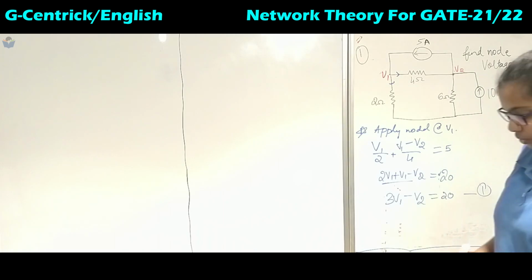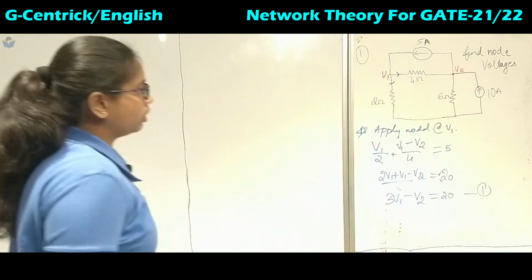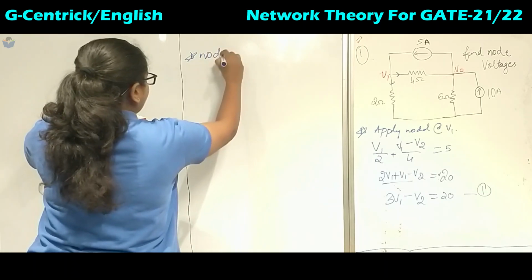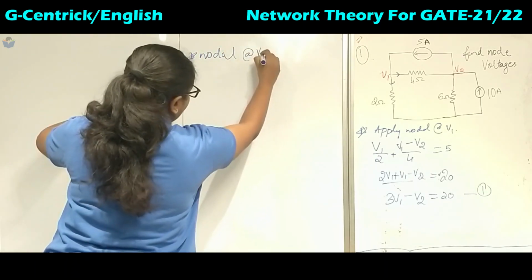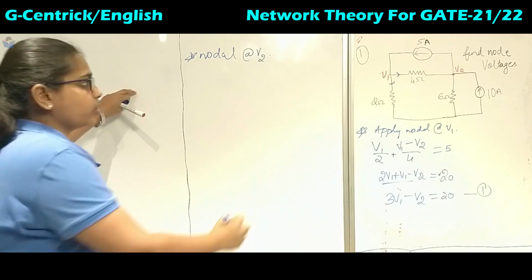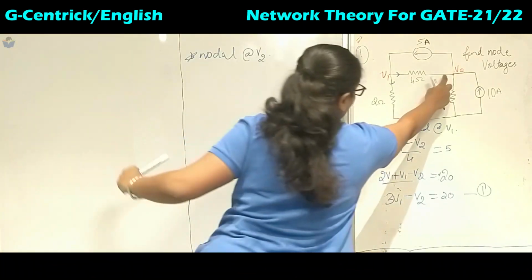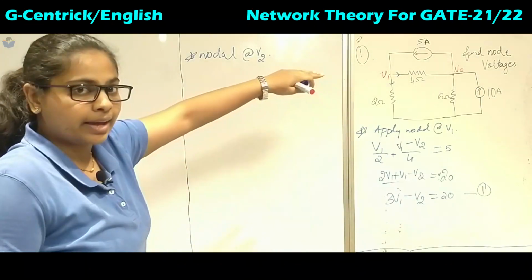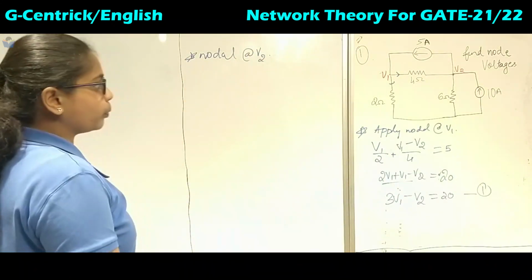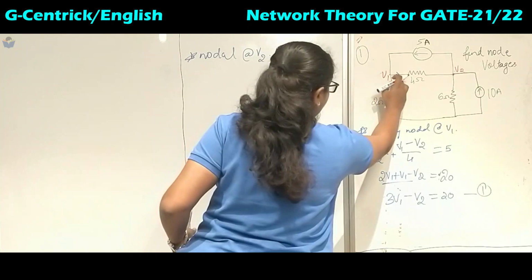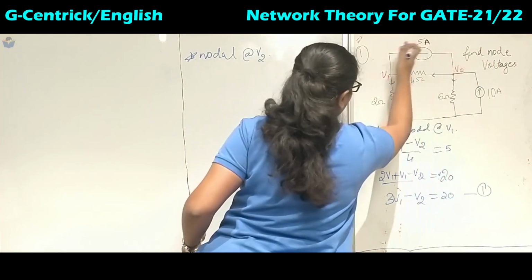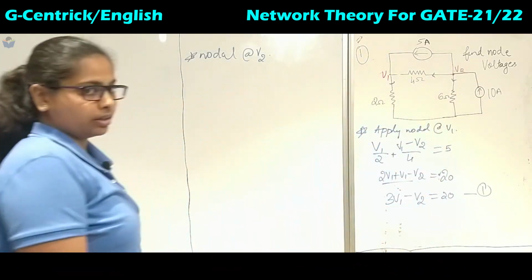So next, coming to the second nodal, that is V2, we will apply nodal at V2. So how many branches it has got? 1, 2, 3 and 4 branches. So we will assume V2 is at higher potential and V1 is at lower potential. So the direction of this current changes. It will flow in this way, and this is already outgoing, and that is incoming current.